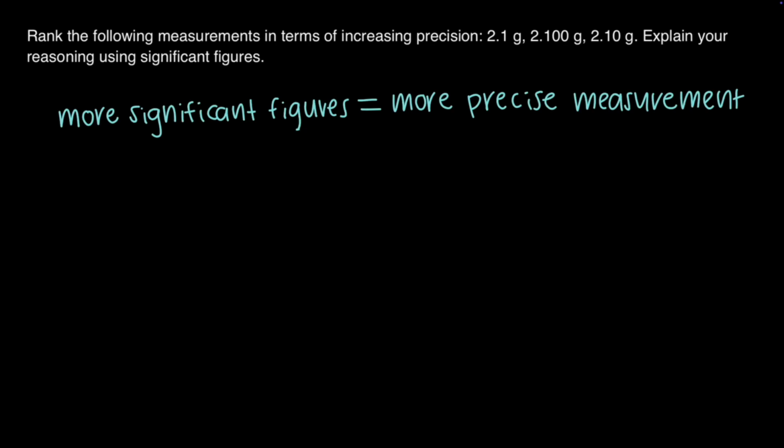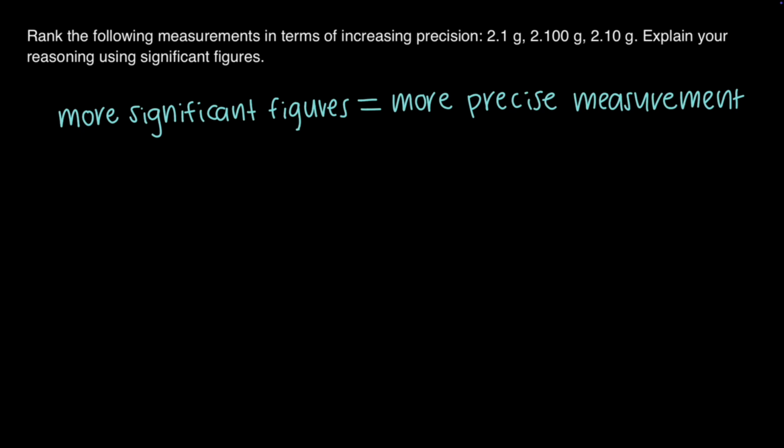Rank the following measurements in terms of increasing precision: 2.1 grams, 2.100 grams, 2.10 grams. Explain your reasoning using significant figures. The precision of a measurement is indicated by the number of significant figures it contains. More significant figures means a value is more precise, and the most precise measurement will have the greatest number of